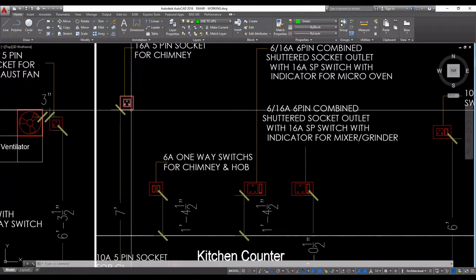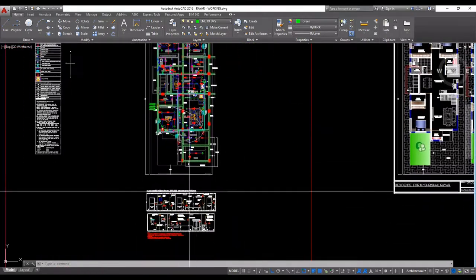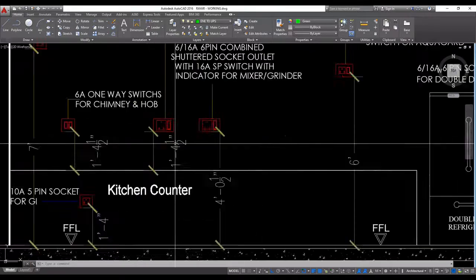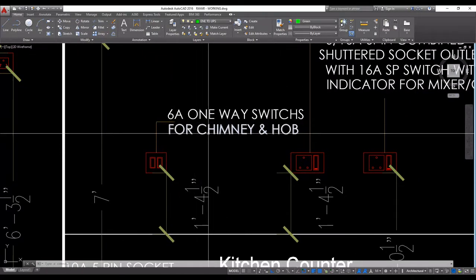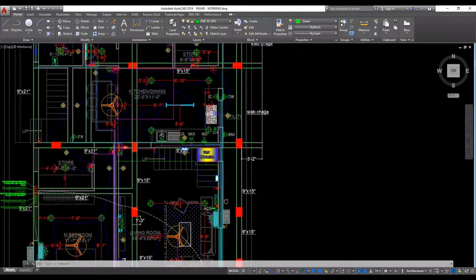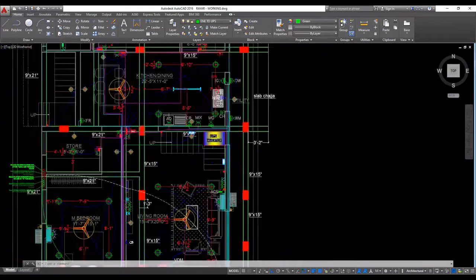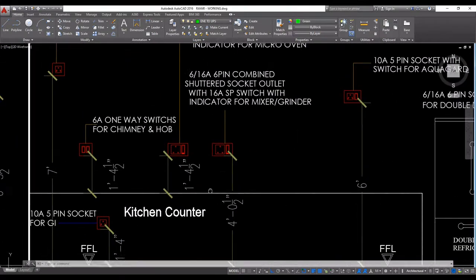This is the socket for the chimney, and this is the control switch.